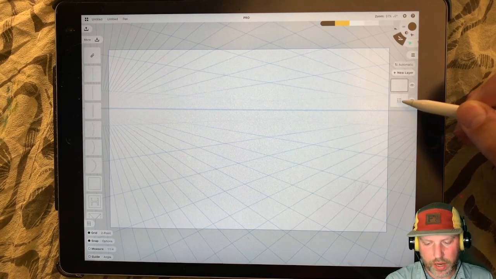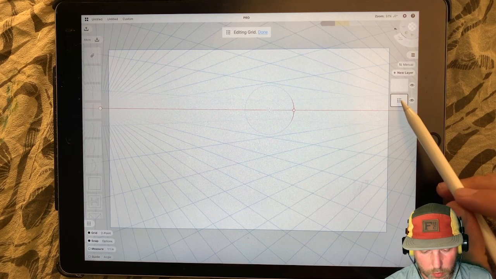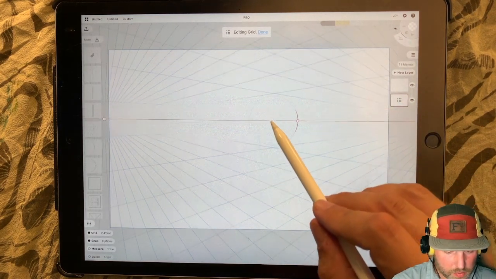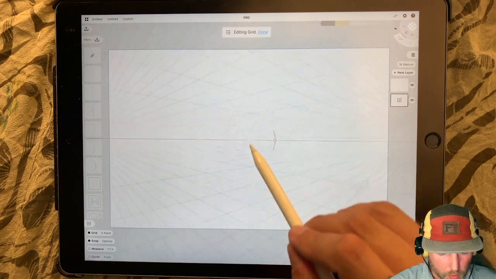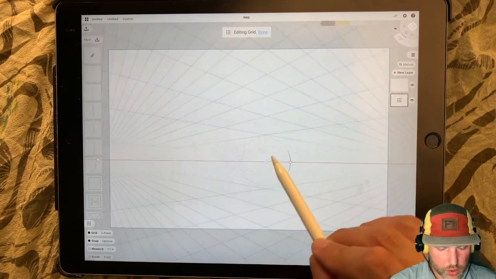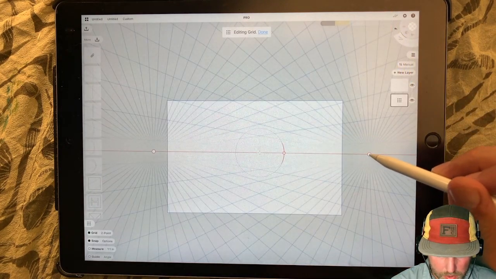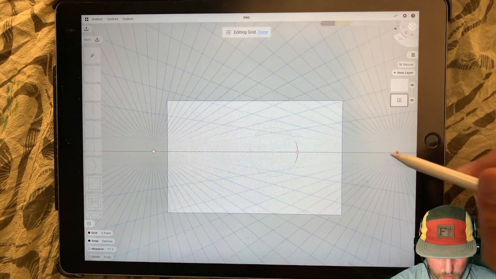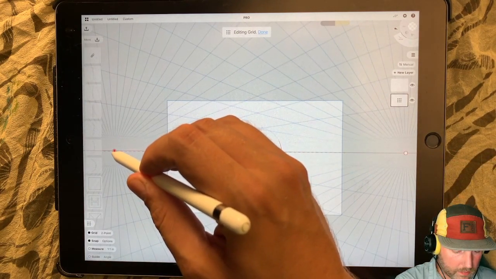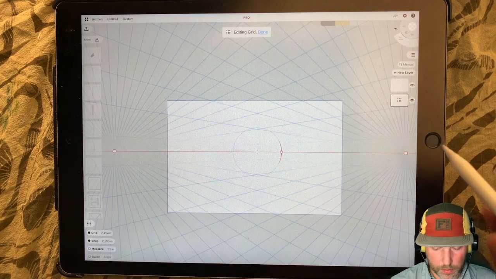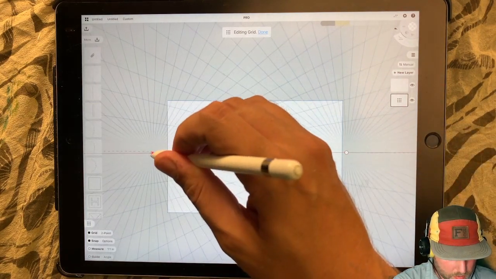And the way that you change this actually is if you just tap on the layer. This is the grid layer. Now you can make adjustments, and this little marker in the middle will let you actually change where that horizon line is. The second part would be adjusting your vanishing points, and you can pull these out as wide as you want. Concepts gives you an infinite canvas, which is great for perspective. But if you want to, you can also pull them in.